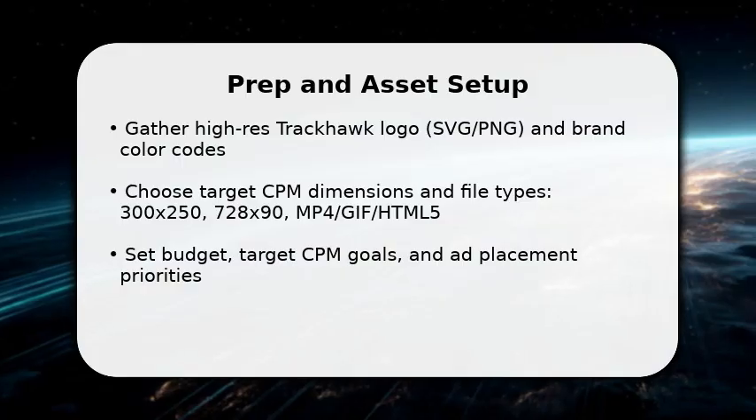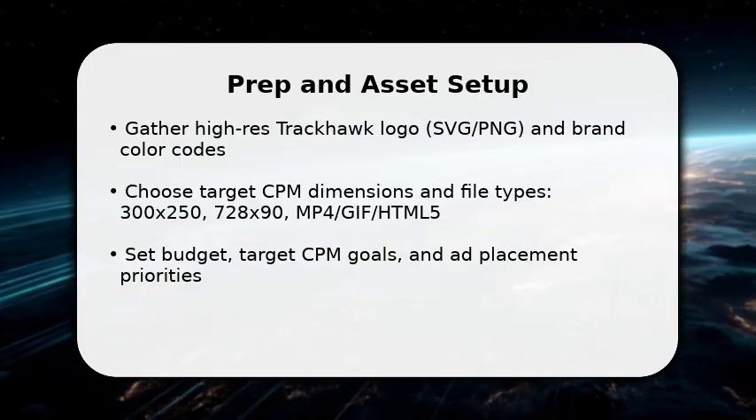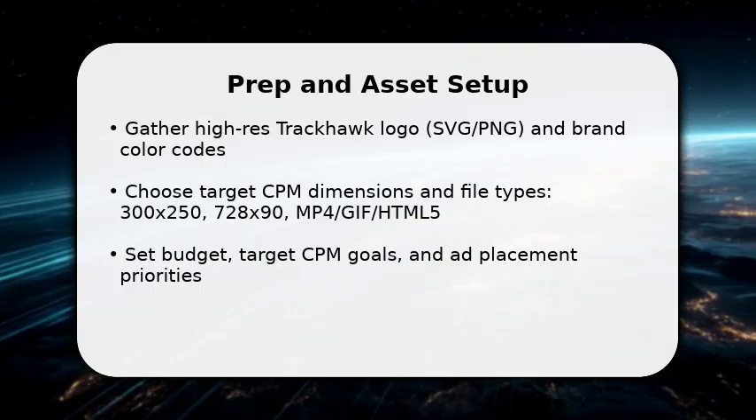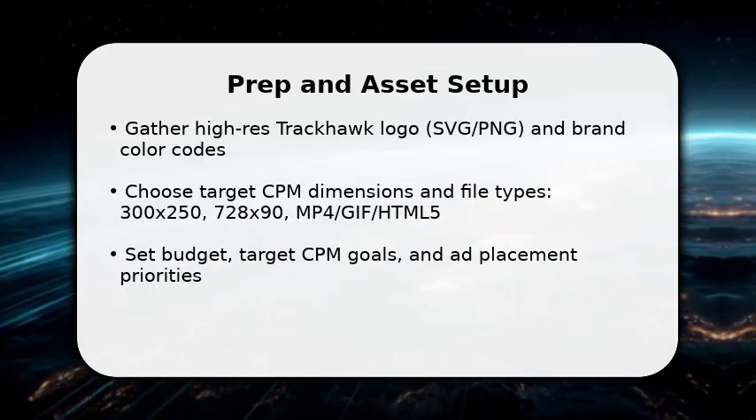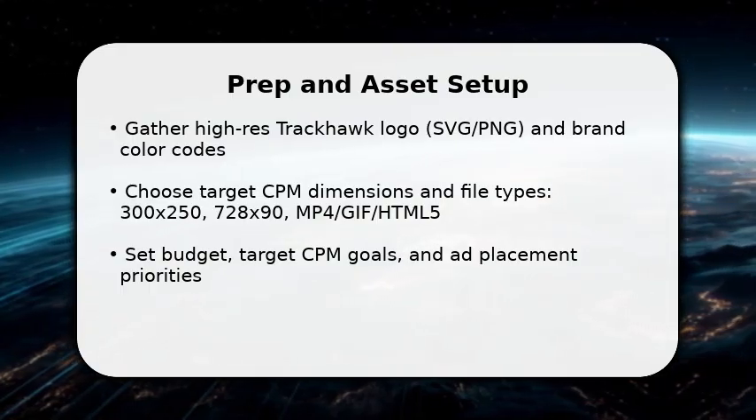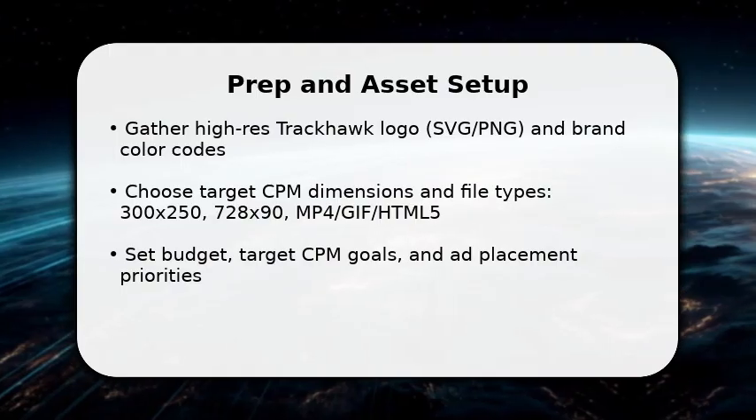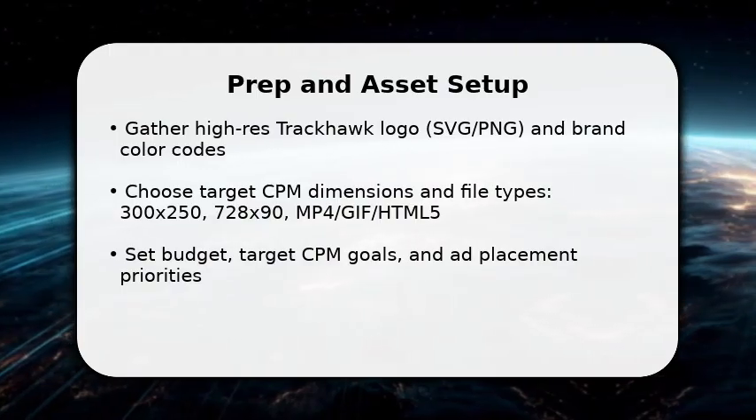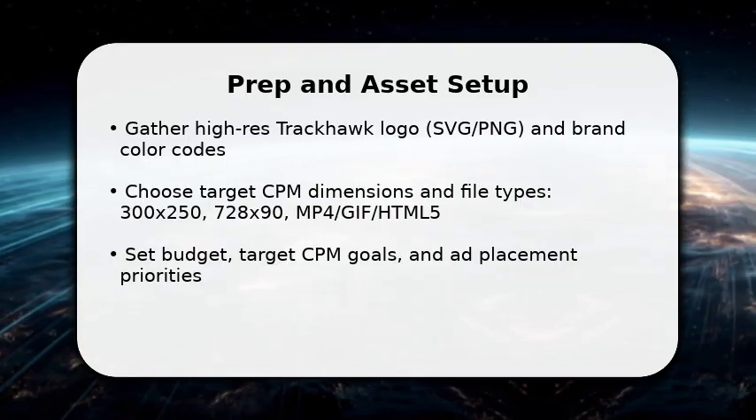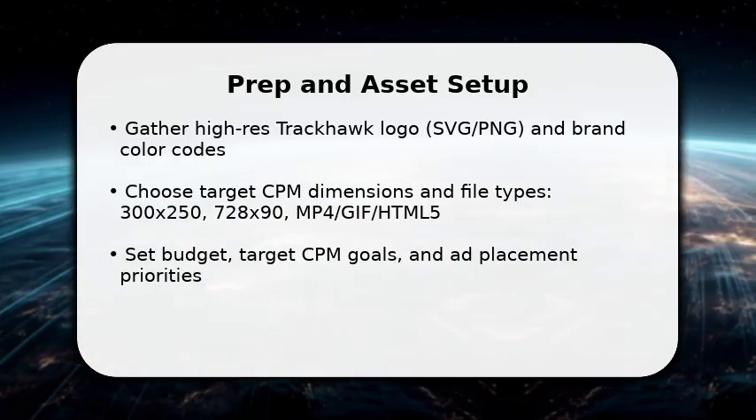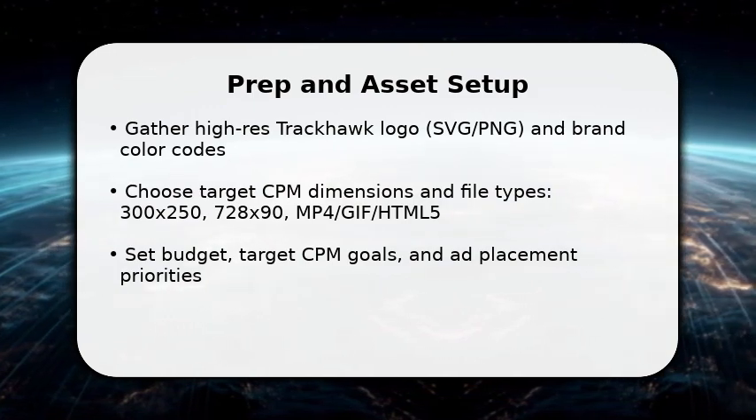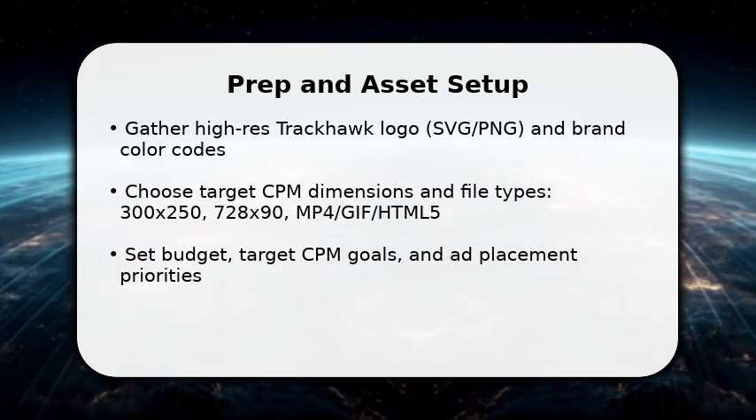Enjoy the video. You begin by collecting exact assets: a vector Trackhawk logo, brand hex codes, and any sponsor text. Once done, define the CPM targets and acceptable ad formats: 300x250, 728x90, or HTML5 rich media, because format drives file optimization. Make sure to set realistic CPM and placement priorities. This guides image compression, animation length, and tracking pixels. Don't stall on preferences. Pick formats and a budget now so you can focus on building optimized creatives that meet